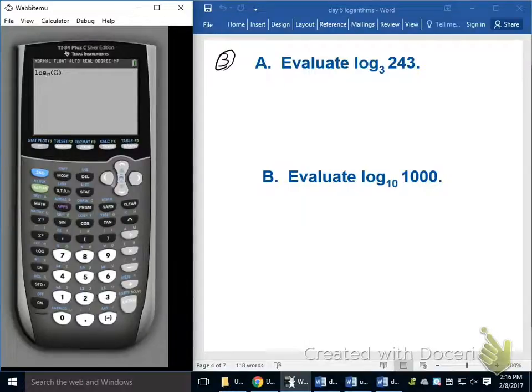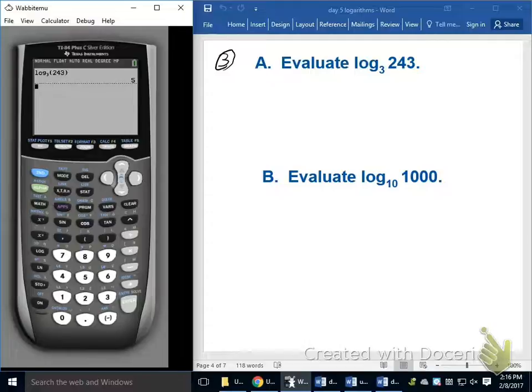Now it brings up the expression. All we have to do is type it in, 3, logarithm base 3 of 243. And when I hit enter, it gives me 5. I would have my answer for part A. A lot easier than having to do it by hand. Also, sometimes these don't end up being rational answers, so the calculator will give you an approximation, which is really beneficial. Going on to part B,